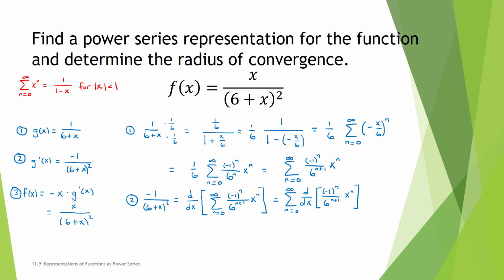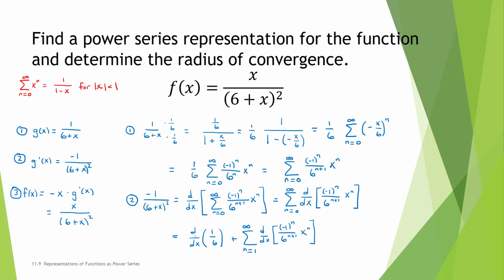Now, we know that this is true for finite sums. The interesting thing in this section is that this is also true for infinite sums as long as we have a power series involved. Now, I want to point out that the first term here, when n equals 0, we have the derivative of negative 1 to the 0 is 1. 6 to the 0 plus 1 is 6. And x to the 0 is 1. So we have just the derivative of 1/6. And then I'm writing down the rest.